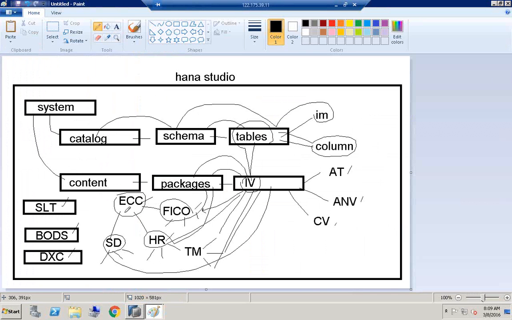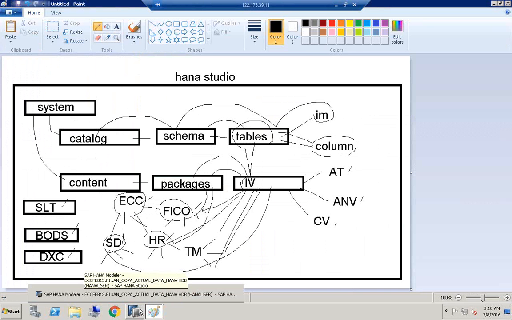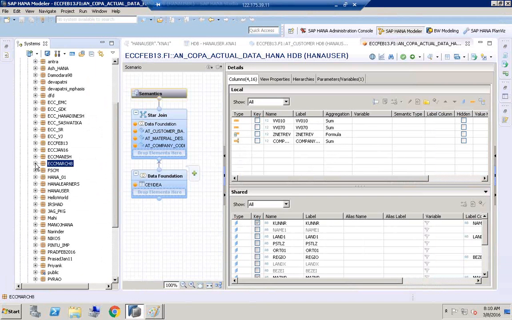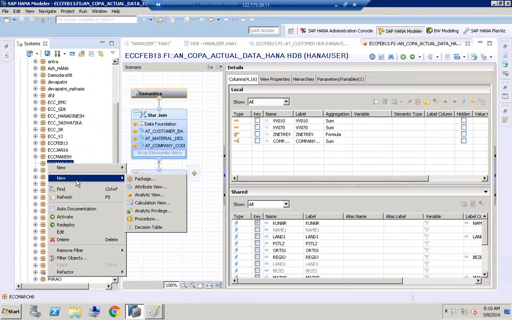So can we create sub-package under each main package? Again, we can do further grouping of these information views. So let's go back to HANA Studio again. Right click on the main package, click new and click on the package again. So what are we trying to do? We're trying to again group based on application. Click package again,